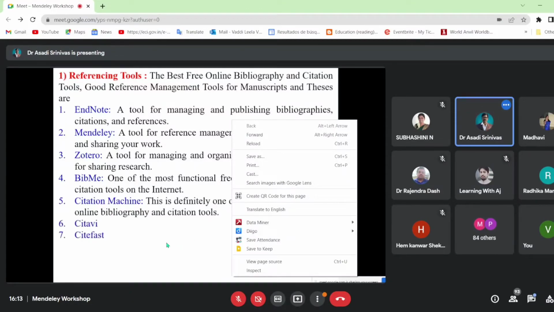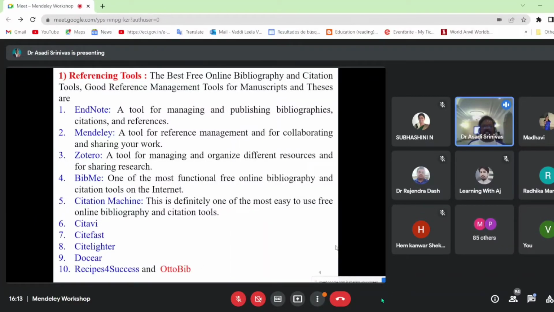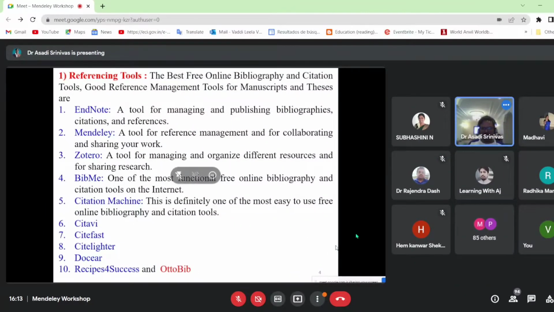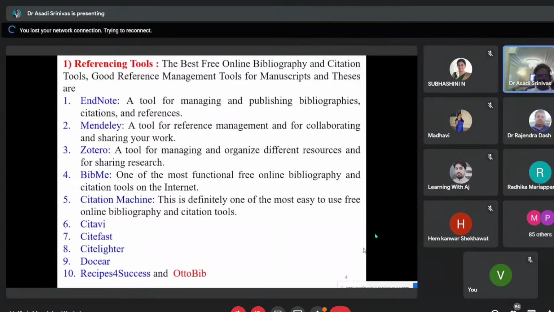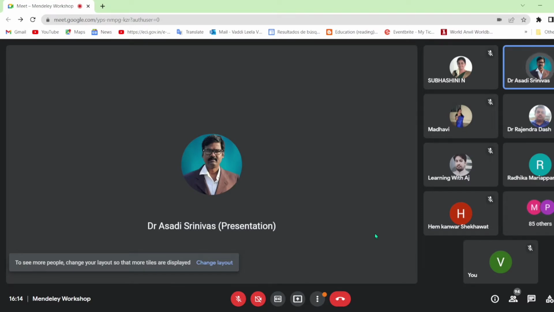And citation tools like Citavi, CiteFast, CiteLighter, Dossier, Recipes for Success, and Ottobib. These are the various referencing tools available in this research culture. According to your rules and regulations, you can choose EndNote, Mendeley, Zotero, BibMe, Citation Machine, or various other referencing tools. So here also I am listing what are the